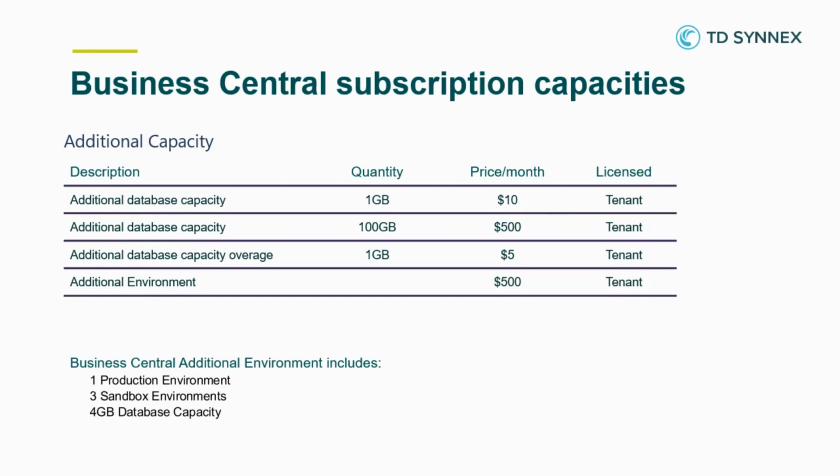If the database capacity you gain from the Premium and Essentials licenses is not enough, you can purchase extra database capacity if required. Additional database capacity is available 1 gigabyte at a time, but if you need a reasonable quantity of database capacity, there is the ability to license with the 100 gigabyte option. As you might imagine, this is more cost effective than licensing 100 of the 1 gigabyte add-ons. And if you have licensed with the 100 gigabyte option, but discover that you still need extra storage, then you will be eligible to purchase the lower cost 1 gigabyte overage capacity.